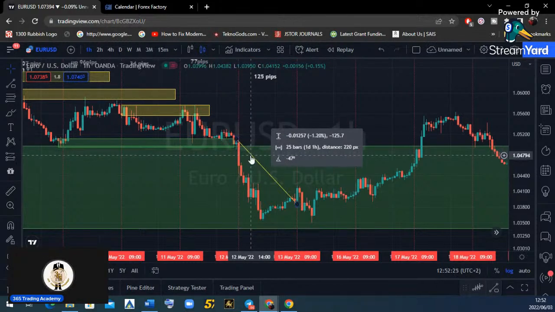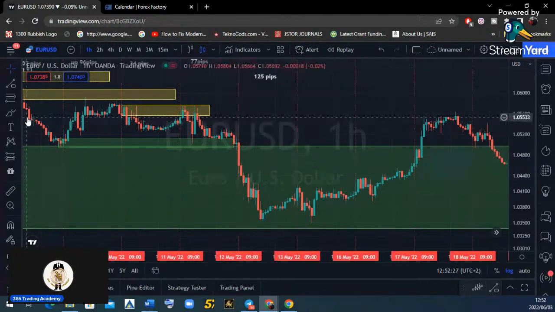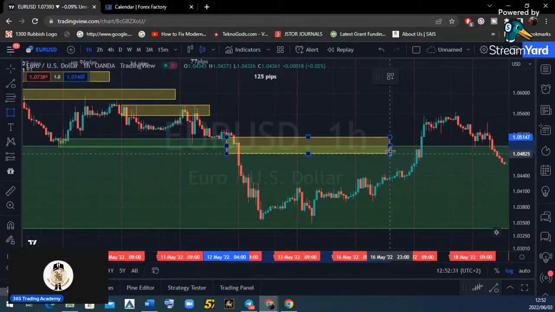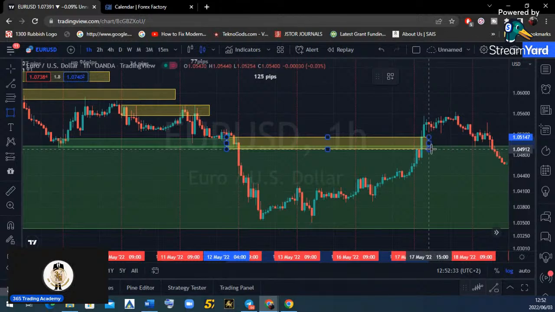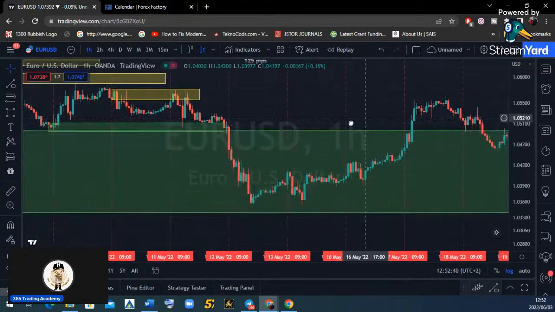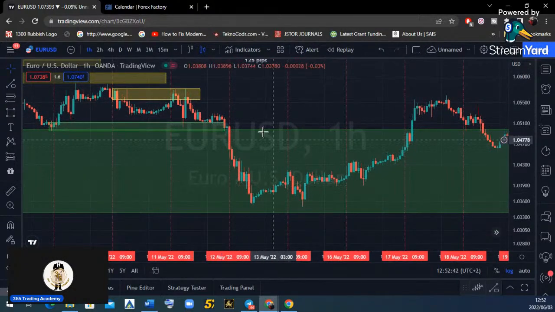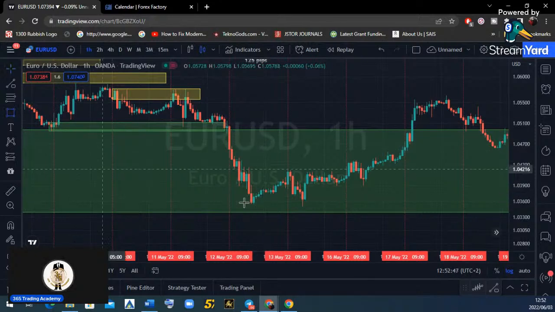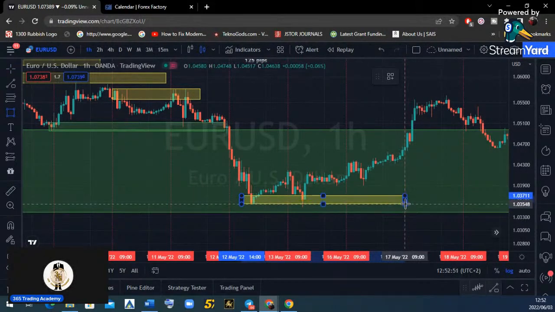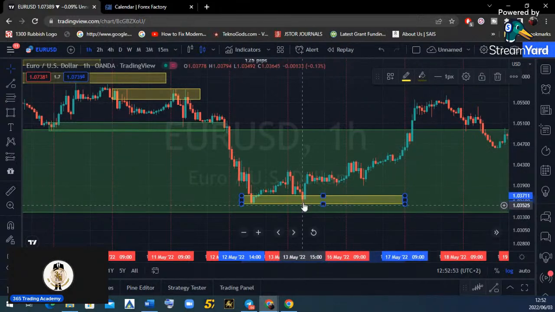I already said it would have been a suicide mission to take the sell. Who sells inside a big governing area? But the sell, we can draw it, right? But you can see it was such a prolific waste of time. And it's not because supply and demand didn't work. It's because markets right now are inside a buy zone, right? So they sell as deeply as they can into the buy zone, create a double bottom of sorts, and they actually break it. Don't forget this when price comes back here. And then markets then open,